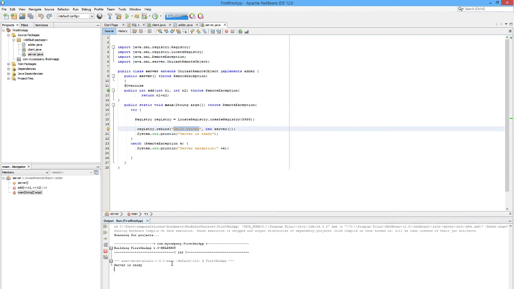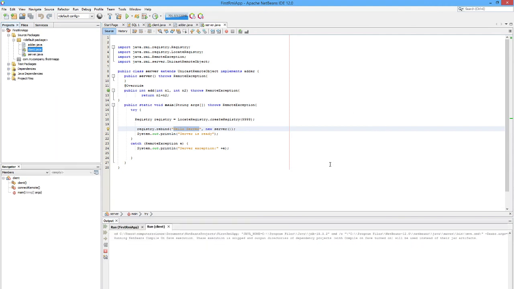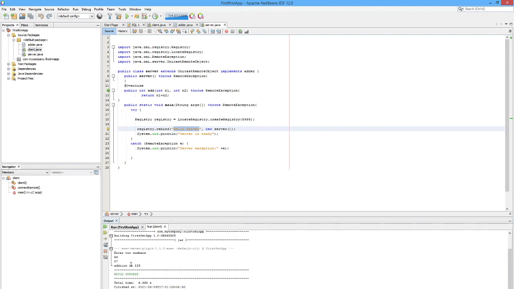Then you can run the client. It displays enter 2 numbers. Here you can give 2 numbers, then it will display the addition is 123, and it accesses the add method from the server. This is the remote method invocation.